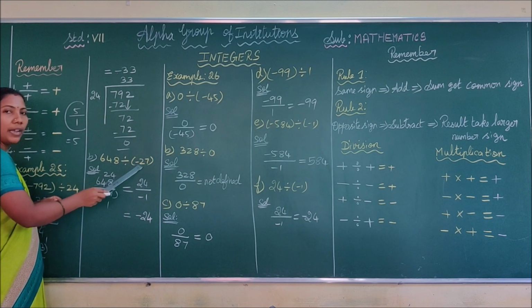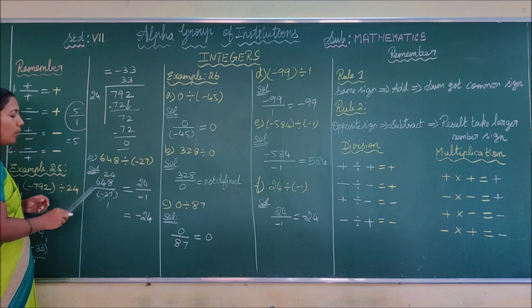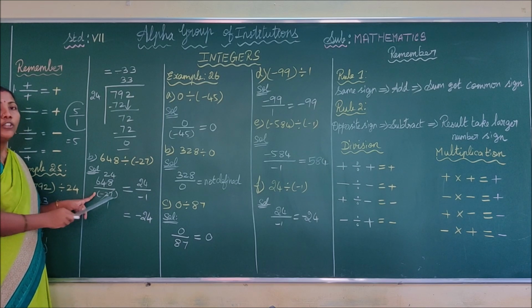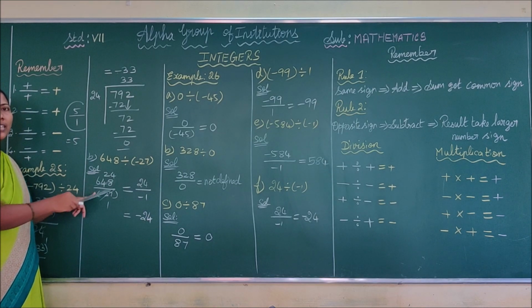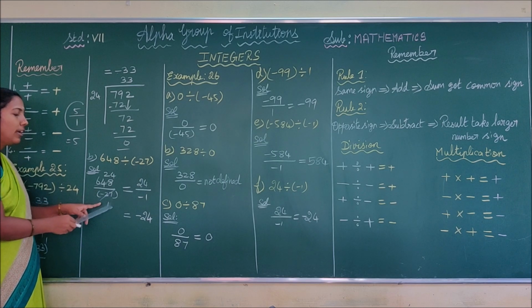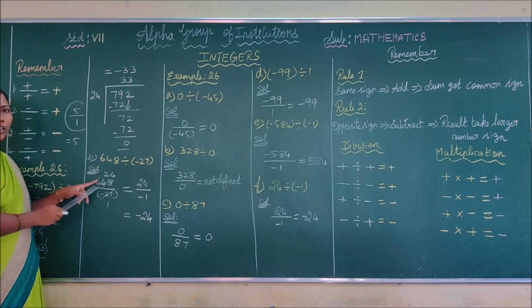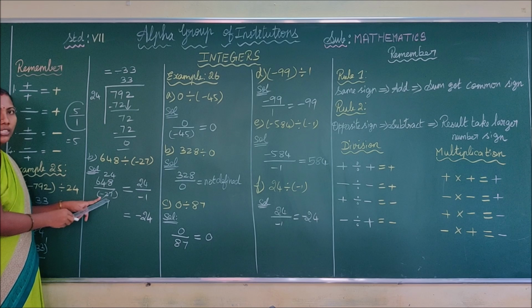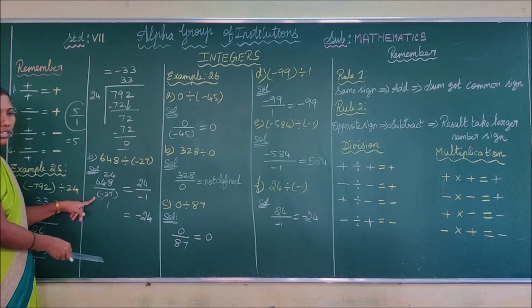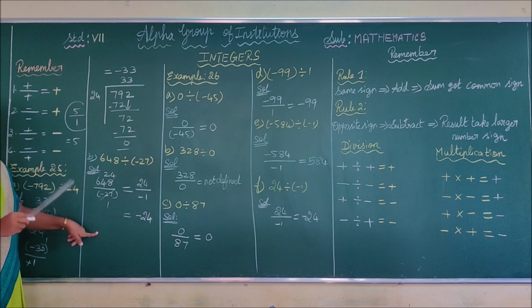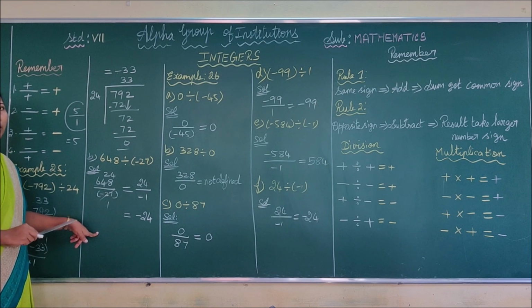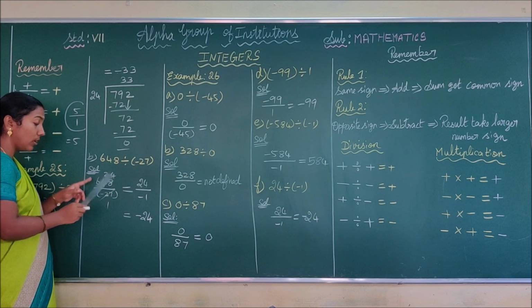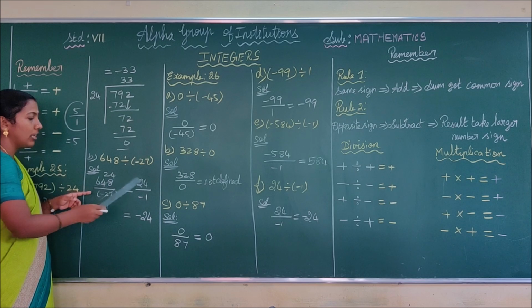See the next one. 648 divided by minus 27. That is, you have to rewrite the question like this: 648 divided by minus 27. You can also use the 3 table to cancel this number. That is, if you use 3 table, you get 9 times here, 2 times. Like that you can also cancel. But here we are straightly dividing the 648 by 27. For that you have to show it here. Here I don't show it, but while you are writing in your test or class or homework, you have to show the division in your work. Thus, we are dividing 648 by 27. You get the quotient 24.